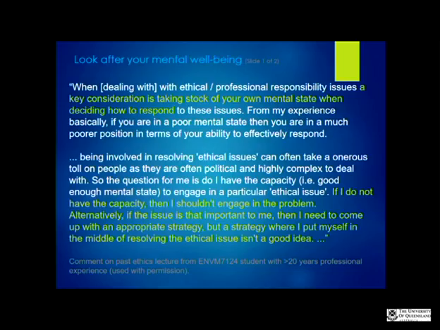And this is someone with more than 20 years professional experience. What he's really saying is, you've got to make a decision. Are you ready for the backlash that will come from stepping in and speaking out? If you're not resilient at that point in time, if you're already feeling stressed, if you're already feeling uncertain in yourself, putting yourself in the middle of that ethical issue and standing up and speaking out could be what breaks you. You've got to feel tough enough and strong enough to say, yeah, I can weather the storm that will come from being the one person in the room that's speaking out about this.